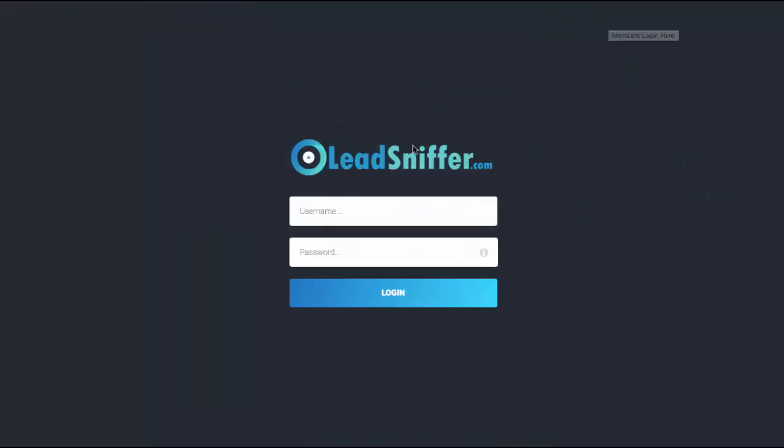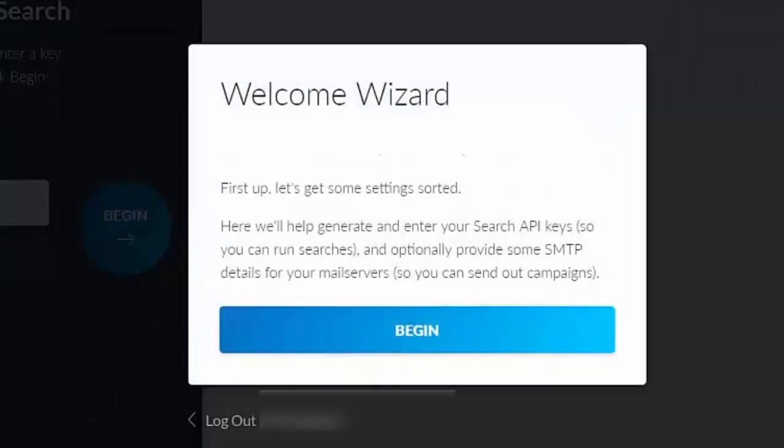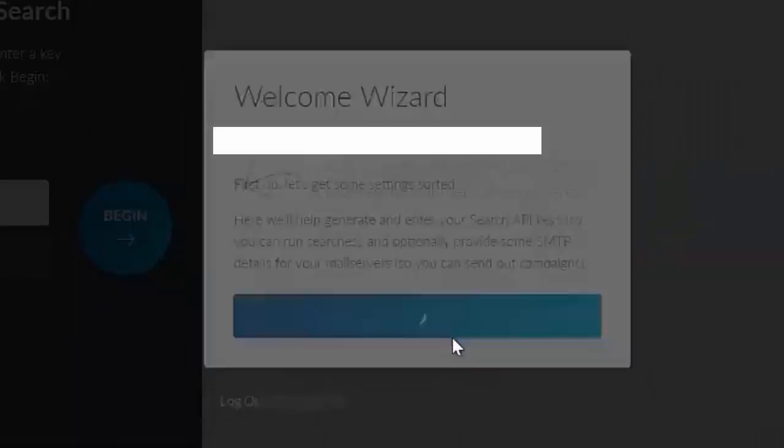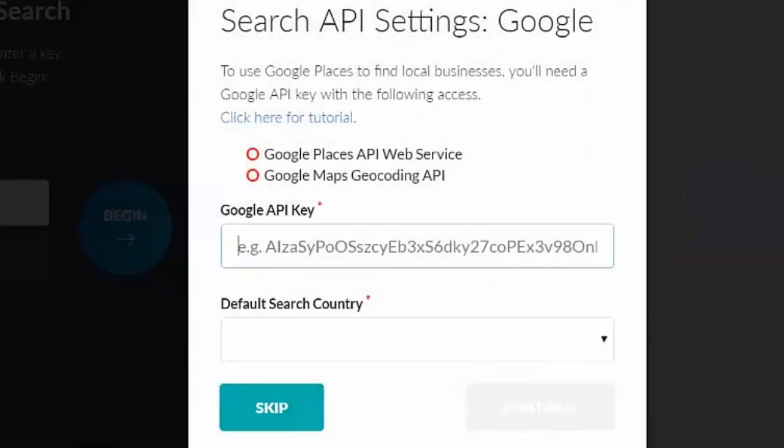Log in with your credentials. You will then be presented with a modal like this. If you click Begin, then you'll start the process. Firstly, we need a Google API key,